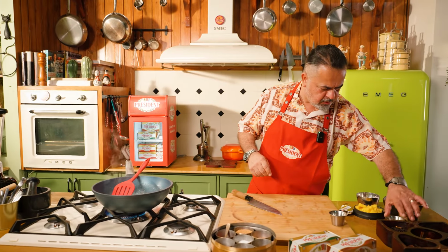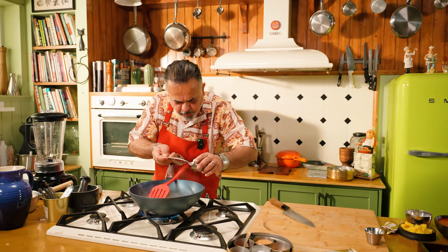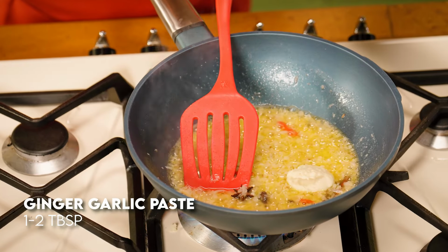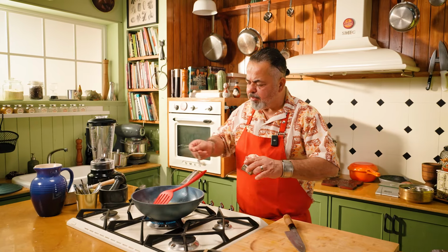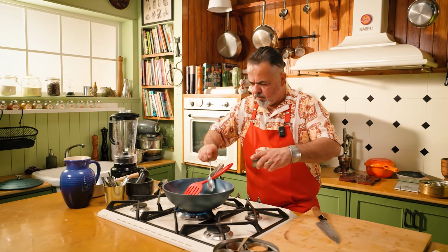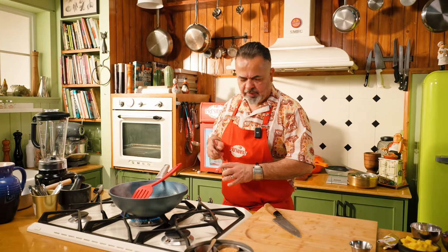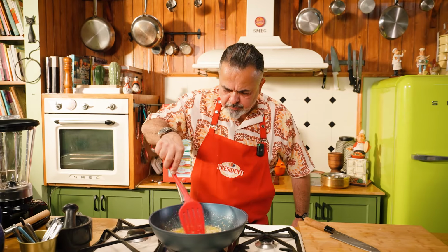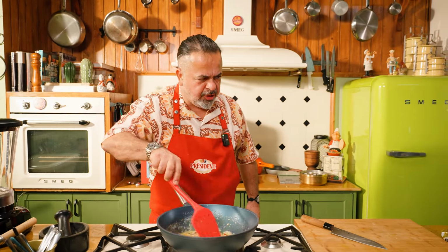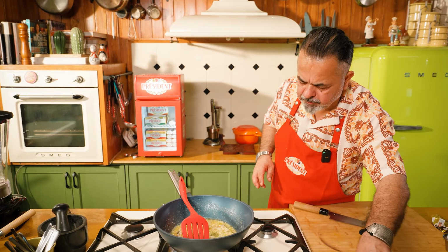and our bird's eye chili. उसके बाद हम डालेंगे, we're going to be adding a little bit of 1 big spoon. When I mean big spoon, I mean a tablespoon and a half, or maybe almost 2 tablespoons. Okay, perfect. तो अभी हम इसको भी हल्का सा भून लेते हैं. Okay, there's a lot of action already going on here. Okay, अभी हम इसमें डालेंगे